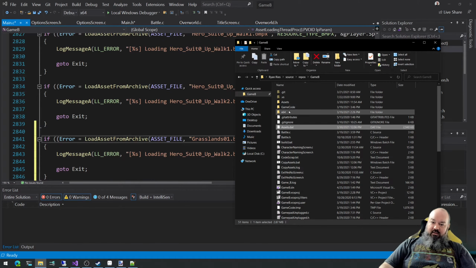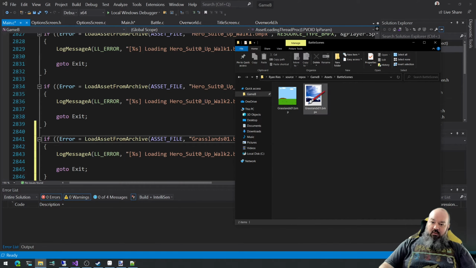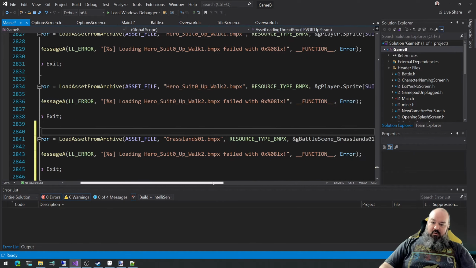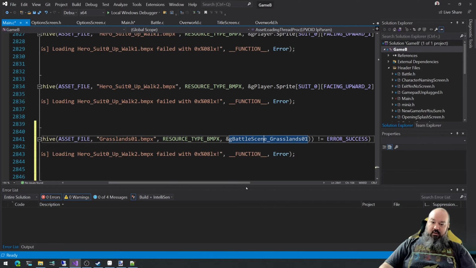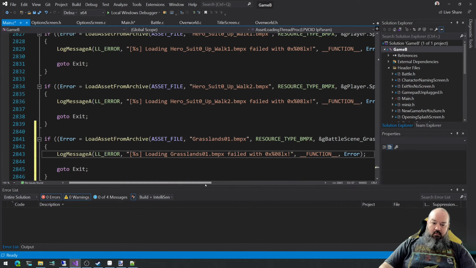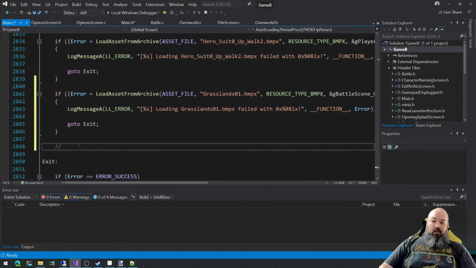But here on our file system, we do have a directory structure. So, yeah, grasslands01.bmpx. And we're going to store it right there. Okay. Okay, now it is loaded. We go to